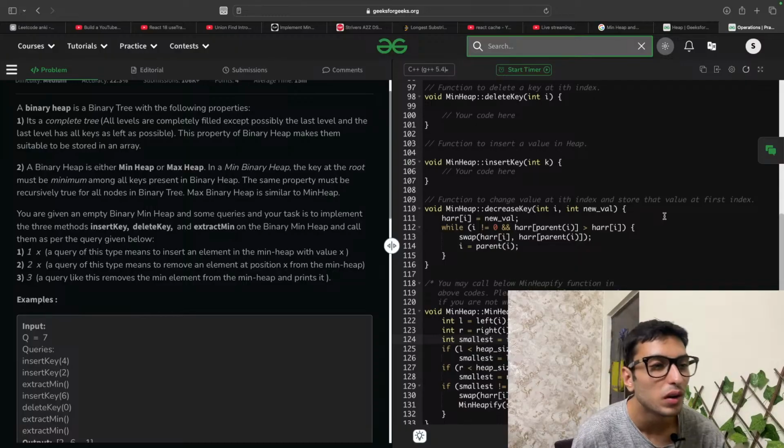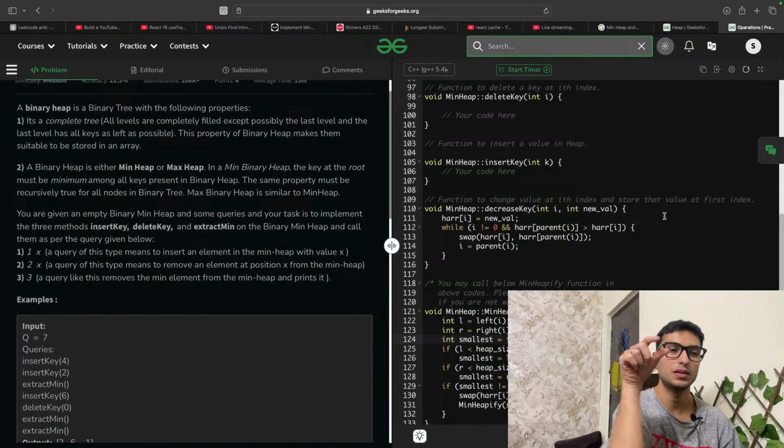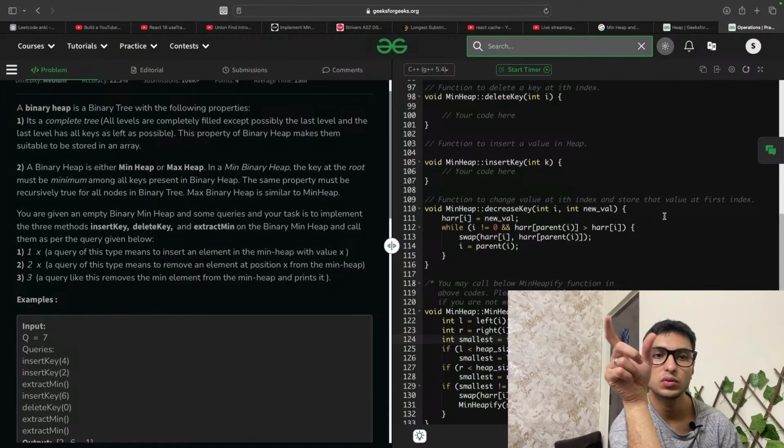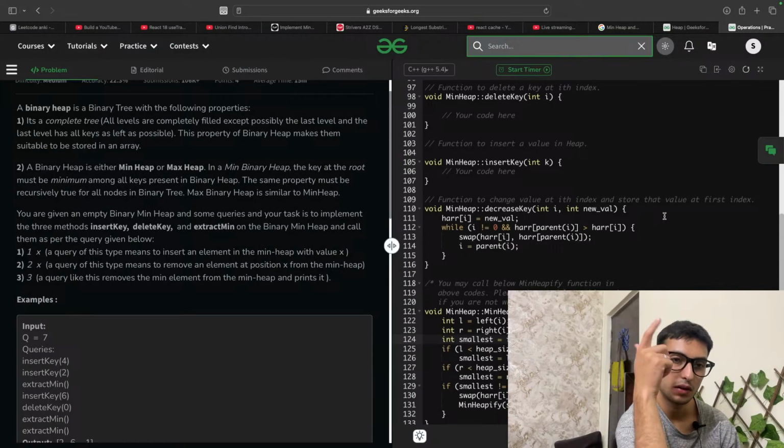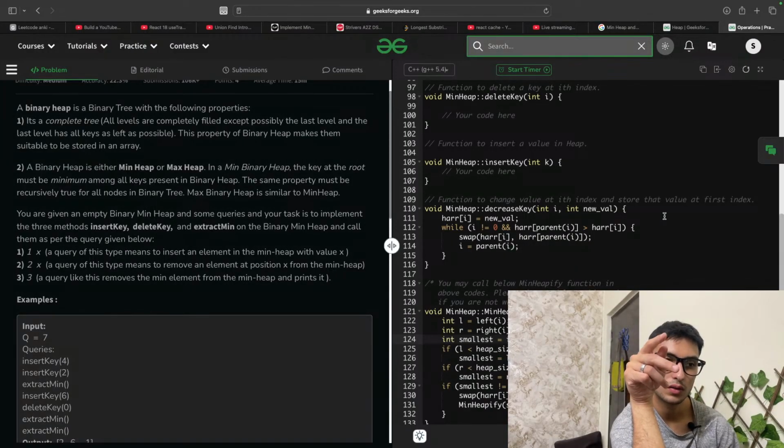So basically, it takes the index I, changes the value at I, and stores the value at the first index. And then while I is not equal to 0, if the parent of I is greater than the element, it swaps it with its parent, and then I is equal to the parent of I. So it's basically a bubbling up function, a swim function.